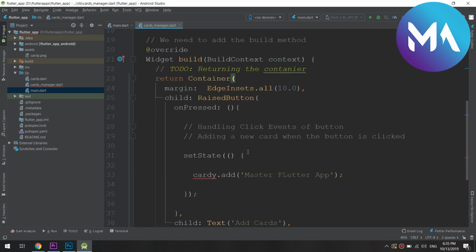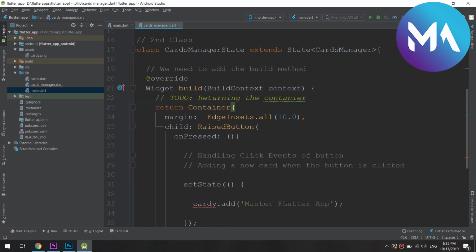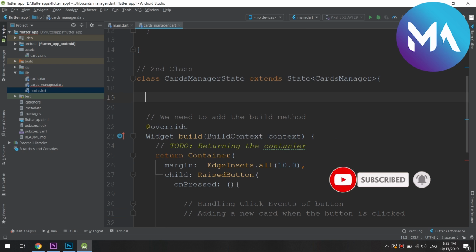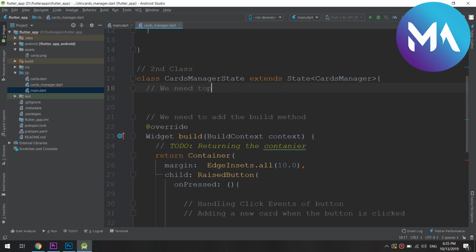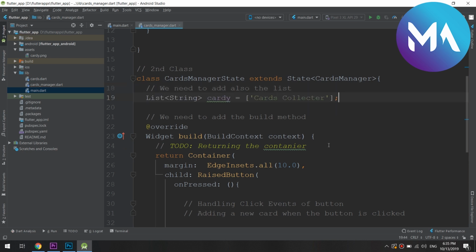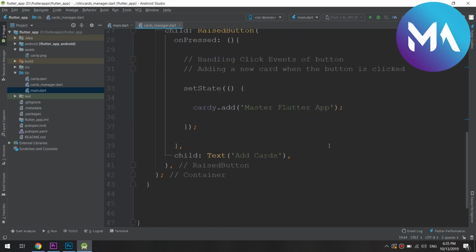What I'm doing is just splitting the code to make it easier to manage and to remember, and easy to configure and pass data between files. So in next videos we are going to learn how to pass data between different types of files and different types of widgets. Now we are creating the list,